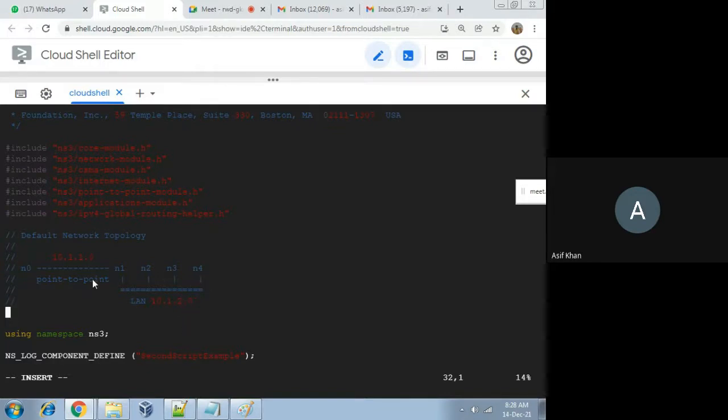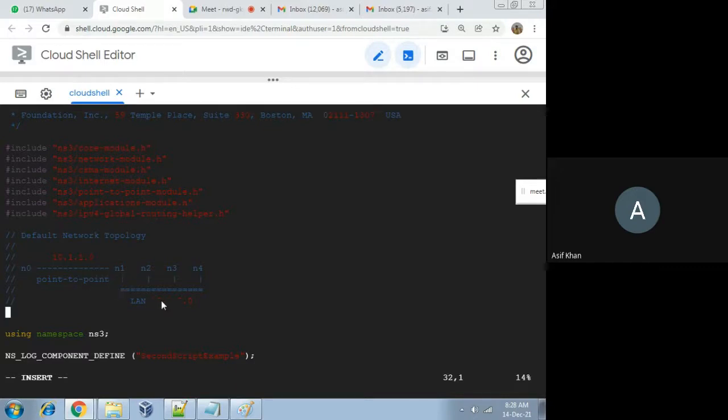Here you see this point-to-point network's base IP address is 10.1.1.0. This 10.1.1.0 is not assigned to any of these two nodes; the next addresses will be assigned. So 10.1.1.1 will be assigned to N0, and 10.1.1.2 will be assigned to N1.